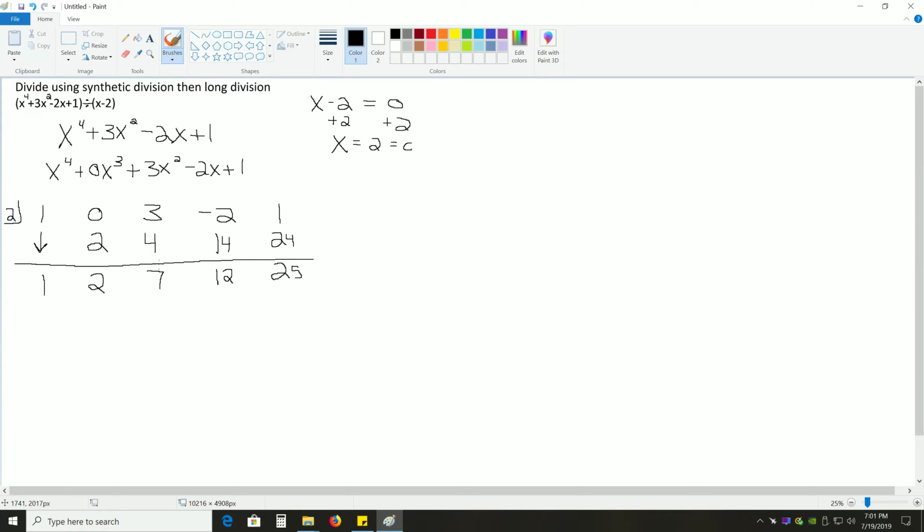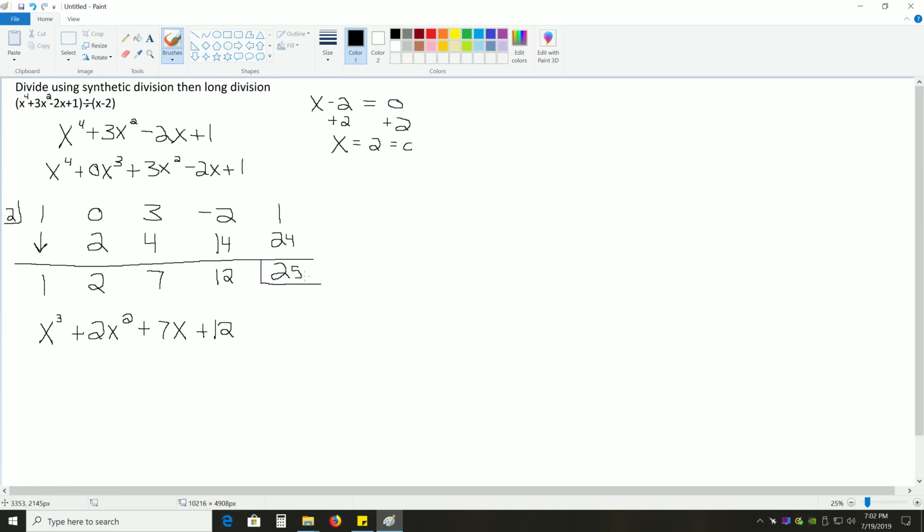And the way that synthetic division works is these values represent the coefficients of our quotient. And this final value, I'll box it off, represents the remainder. And you always start with the next largest exponent. So notice in our first polynomial we had x to the fourth. We're going to start with x cubed. So that means we have 1x cubed, or just x cubed, plus 2x squared, plus 7x, plus 12,